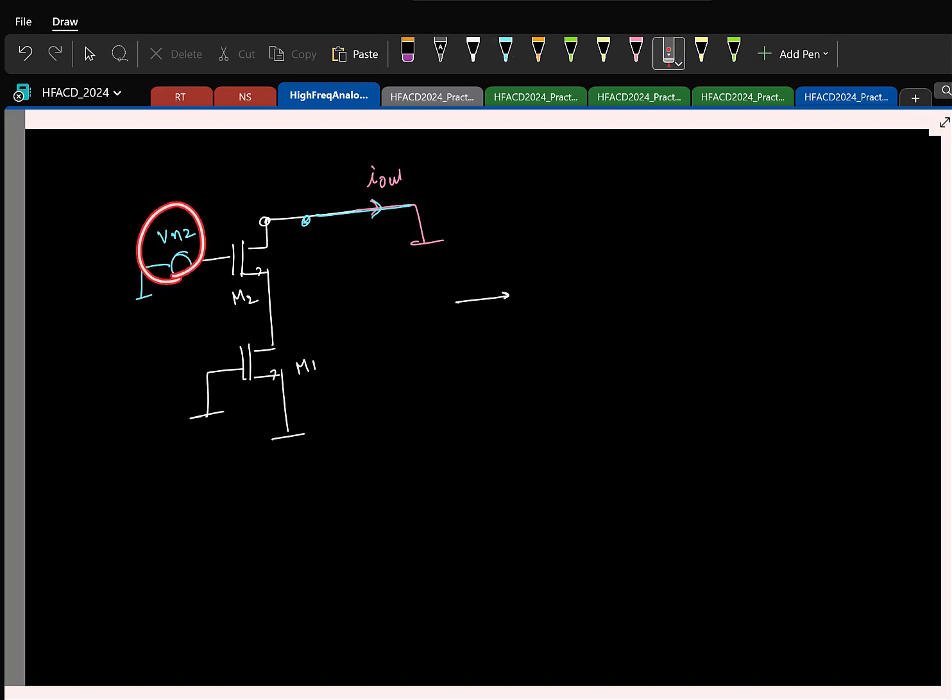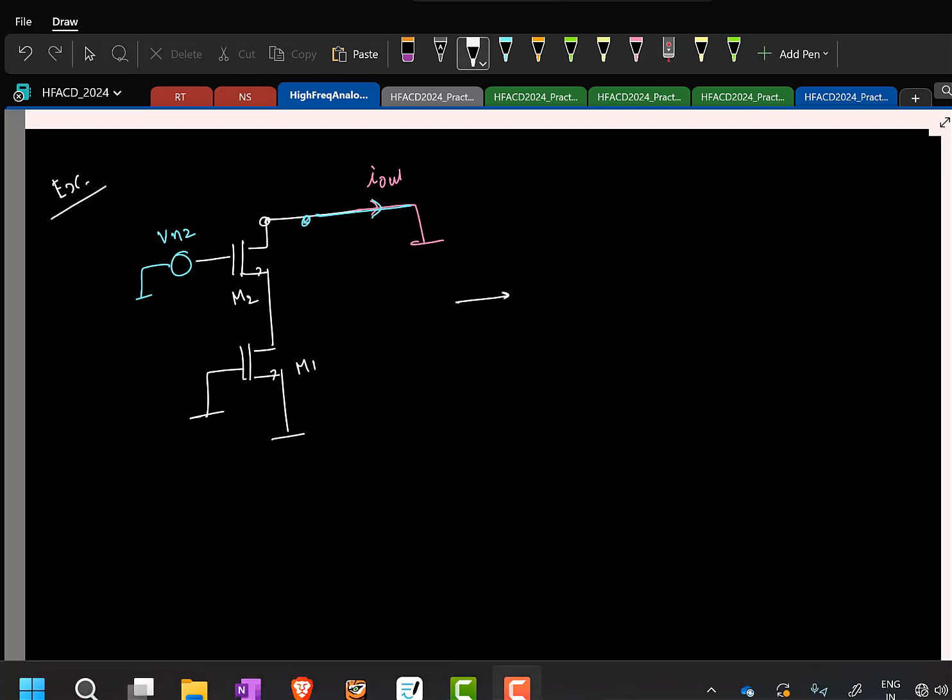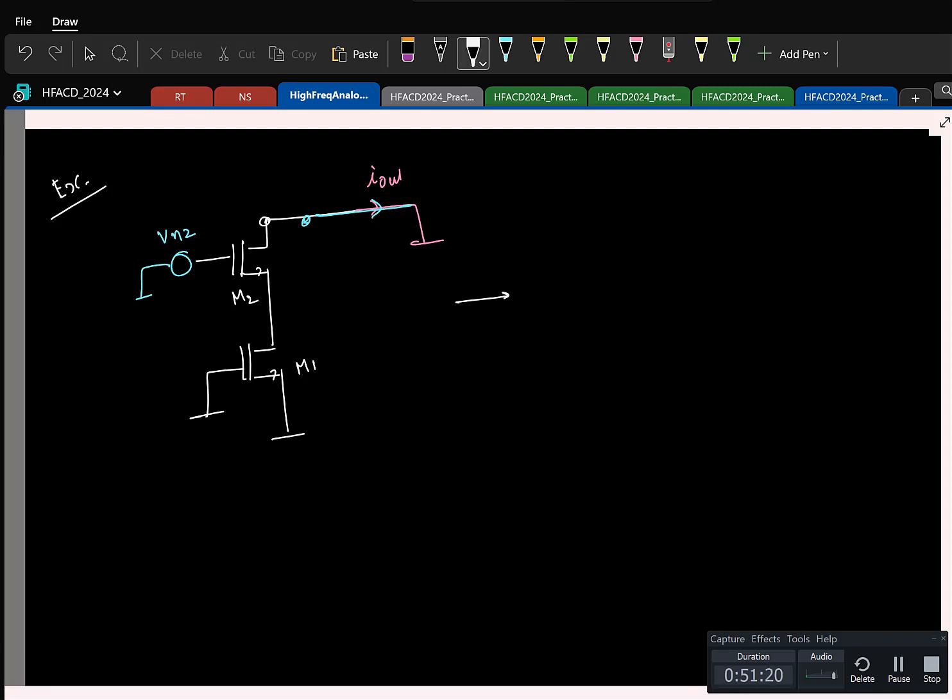So you find how much of it comes to the output and refer it back to this input. That's all. So I'll stop here. Answer will come same. Should come same, right? I mean, you know the answer, you just